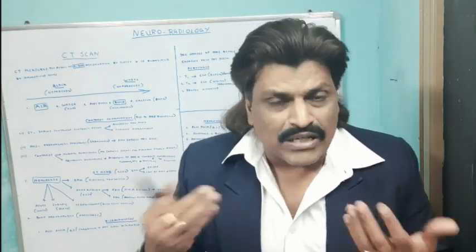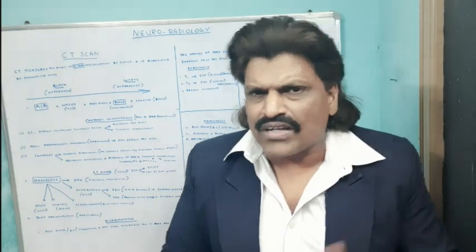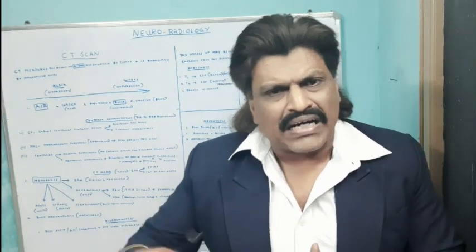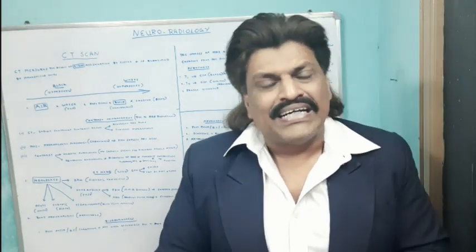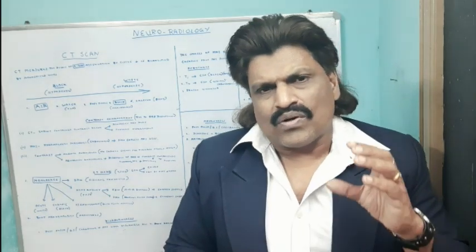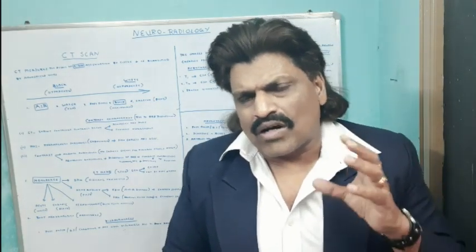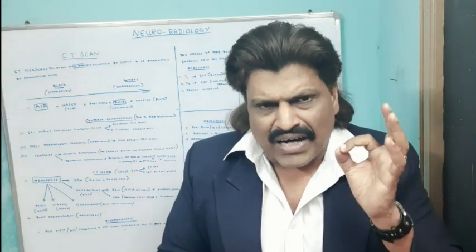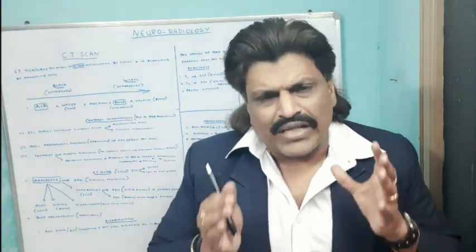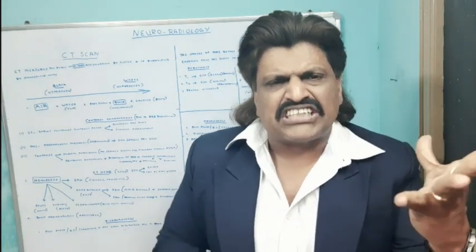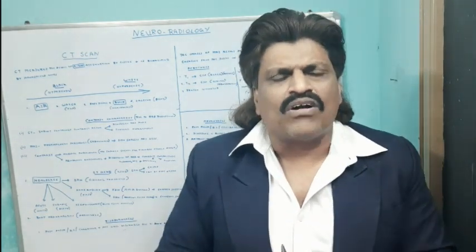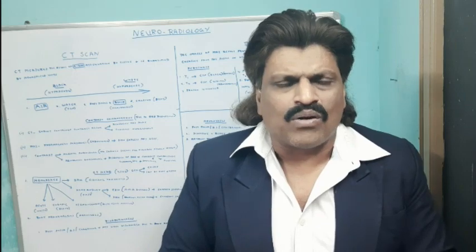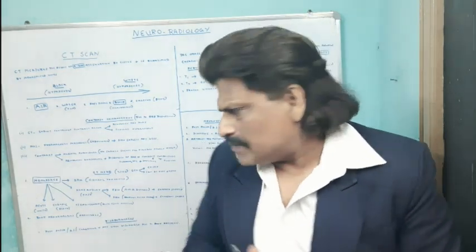So it can occur especially in old people who have even forgotten the trivial injury, but at a later point of time they may develop dementia. So chronic subdural hematoma is one of the treatable causes of dementia. Extradural hematoma is because of the arterial rupture. So because the blood is really gushing out, we have to immediately call the neurosurgeon and take the hematoma out, and the person will become better.